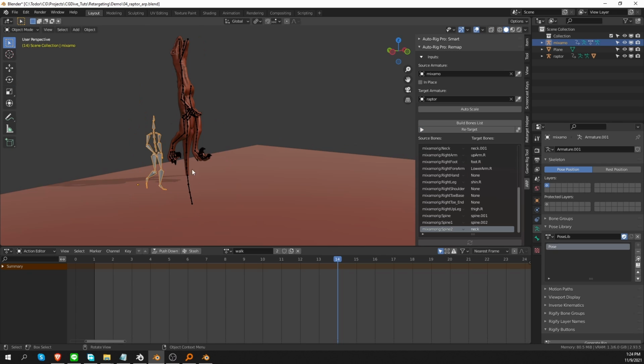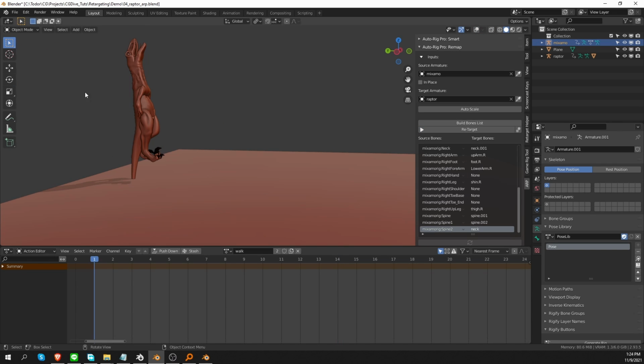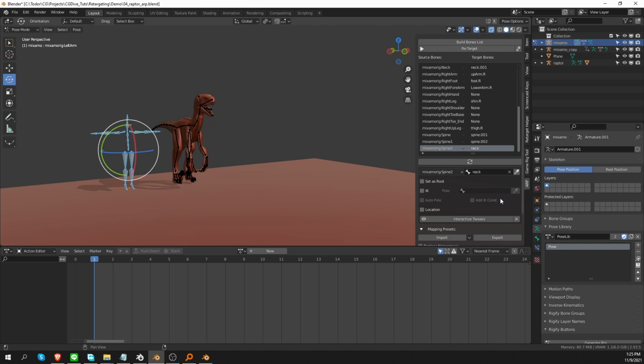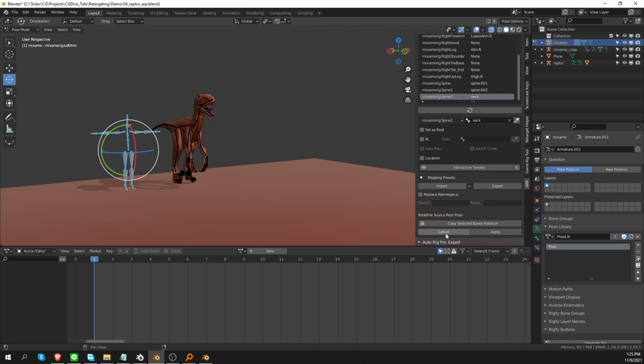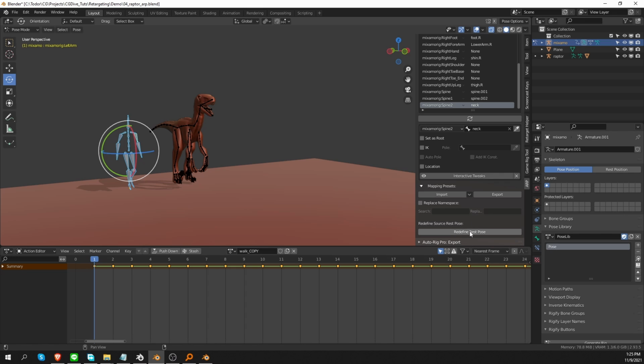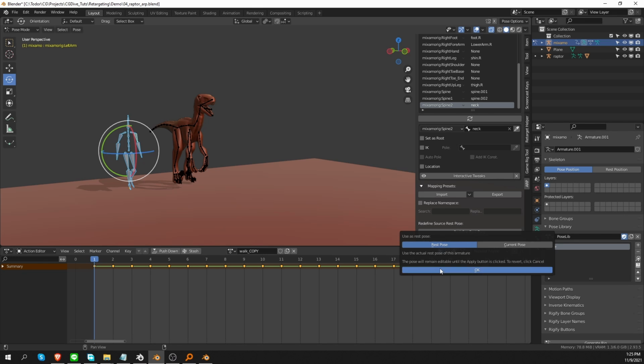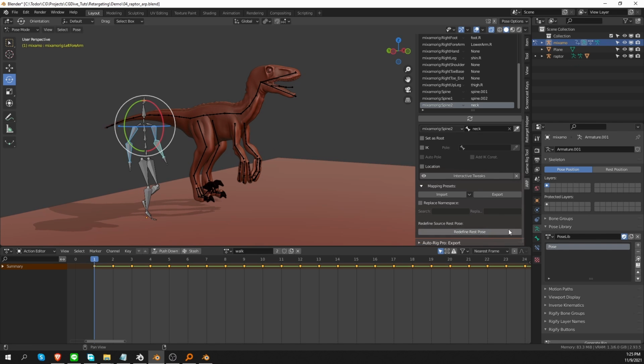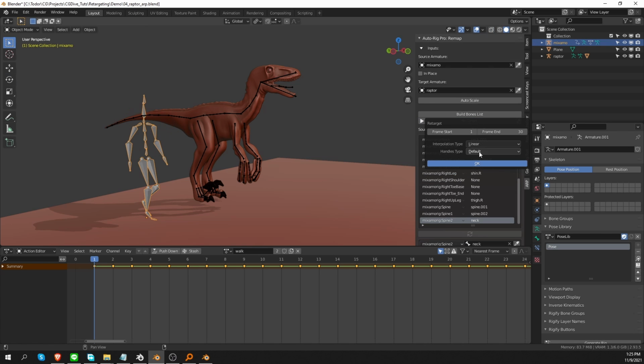Retarget, okay. And you'll see that my dinosaur is kind of walking upright, a bit like a human. And that's interesting, but it's definitely not what we want. So let's undo. And I'll undo before I apply this new rest pose. So let's cancel this now and try to redefine the rest pose again. And this time I'll just select the arms and click copy selected bone rotations, apply, retarget,